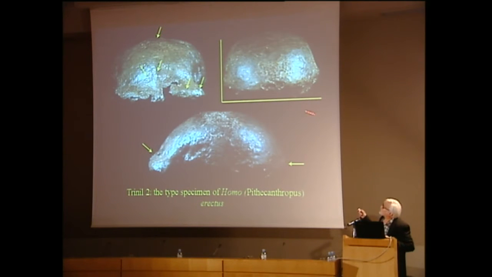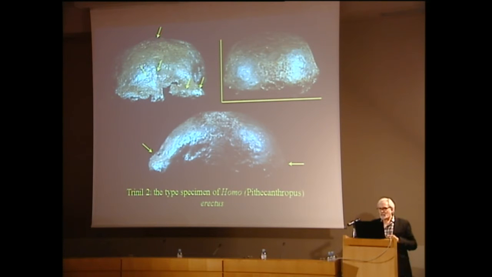Yesterday I talked about this very odd configuration that we see in Trinil 2, where the cranium is wider from side to side than it is tall. And that's very unique amongst hominoids or catarrhine primates in general. And there's also the long slope going from the supraorbital region up into this long sloping frontal,